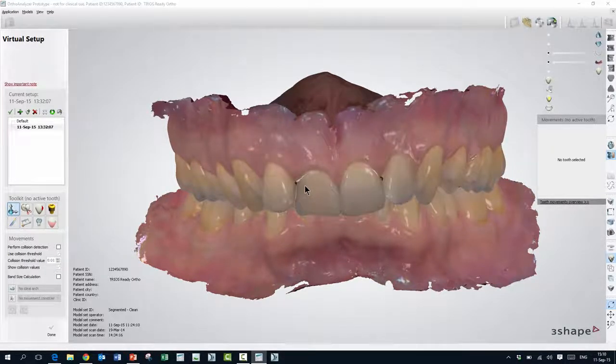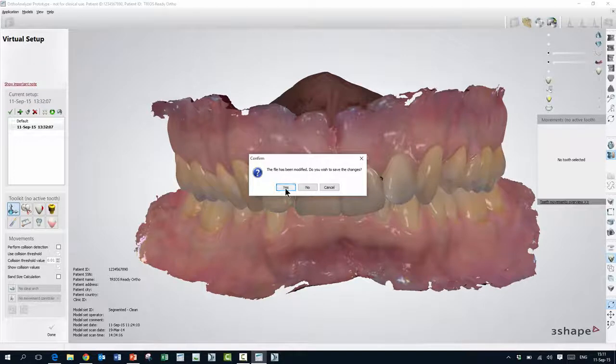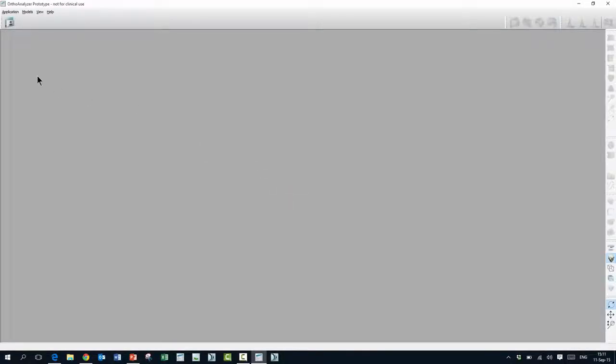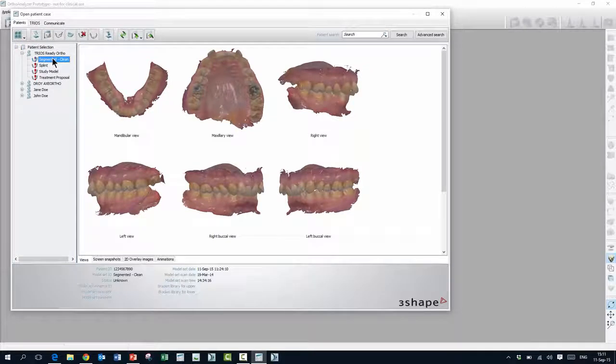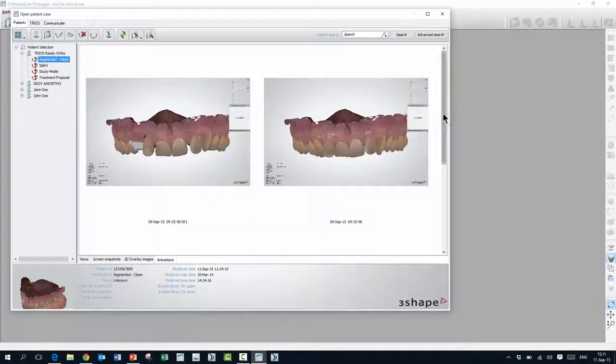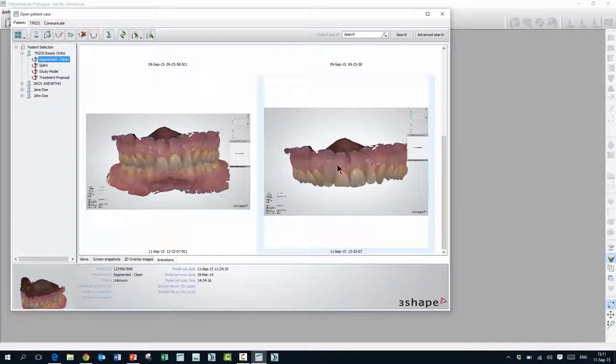The animation file that we just created can sometimes take up to a minute to be placed into the patient browser, which is what the dialog box said. But I'm pretty sure it's already here on my machine, so let's have a look. I'll close the model again, then go in and open my patient browser. I'll drill down to the model that I used before, this one here. As you'll notice, there's a new tab here called Animations. When I click on that, I have my animation files, including the one that we just made.